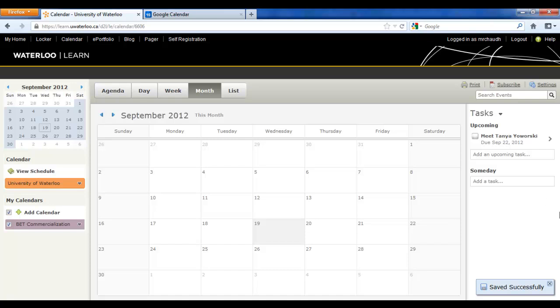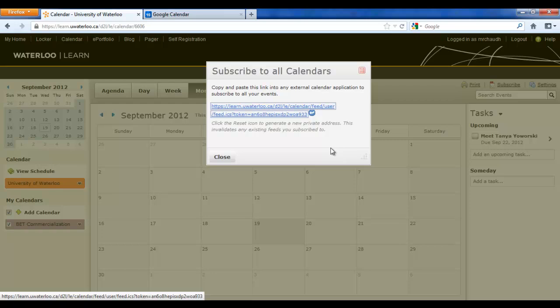Now that it has been saved, you can see that there's a subscribe button now available over here. Click on it and you will get a unique URL of your account, which you can copy and